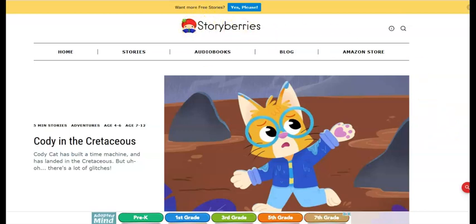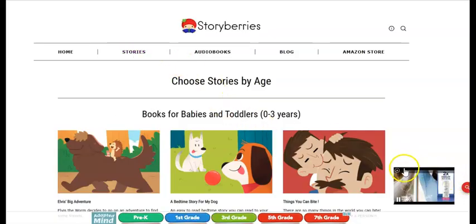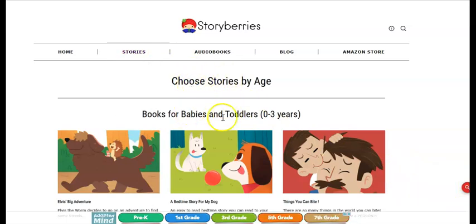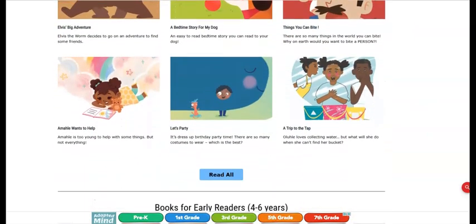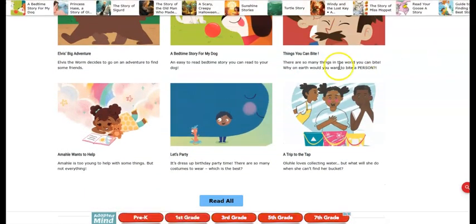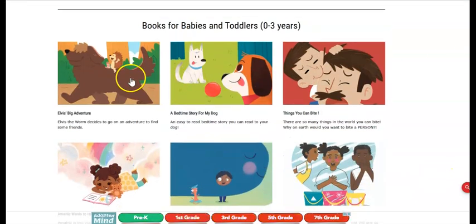This is Storyberries, which are free ebooks. We want pre-K, and we want even younger than pre-K, really. So let's see what kinds of books we can find. So I clicked on Stories, and that takes me to 0 to 3-year-olds. Find one of these stories and select it. When you have selected the story that you want to record, go ahead and open that story, and you're going